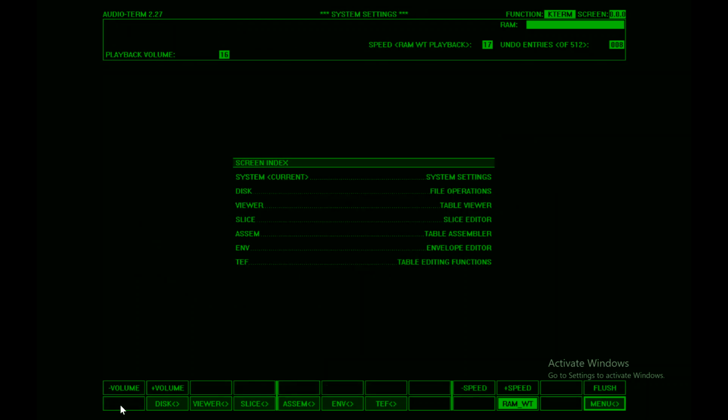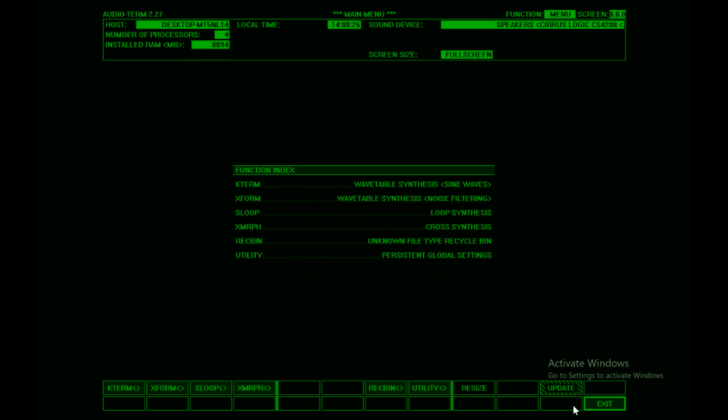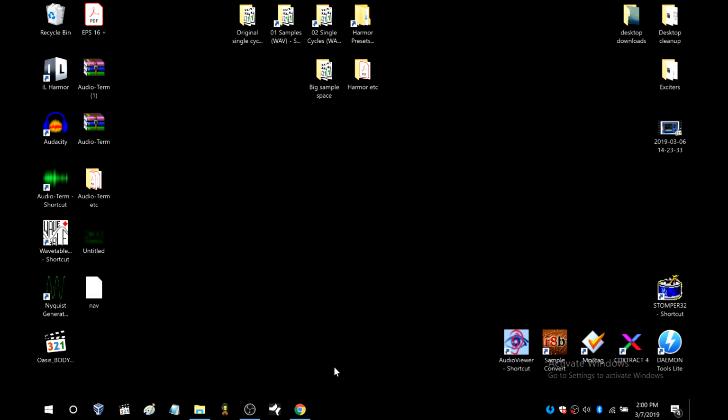System. Okay, and maybe you remember menu will get us back up to the next upper level. And the next one is exit. Alright, I'm going to stop here. And the next one may take more than a couple